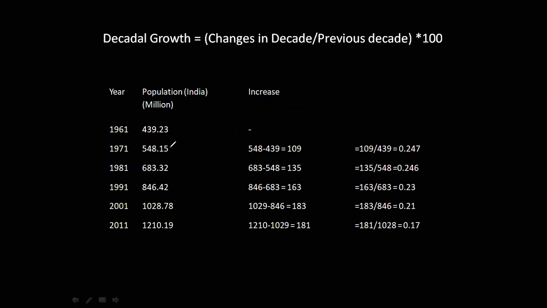When you want to find the increase or decrease, just remove the decimals. If the decimal point is above 5, then borrow 1 and make it a round figure. If it is less than 5, just neglect the decimal points. That is my suggestion. So here, first of all, I have converted all this into the respective unit place, and then I have taken the increase or decrease.